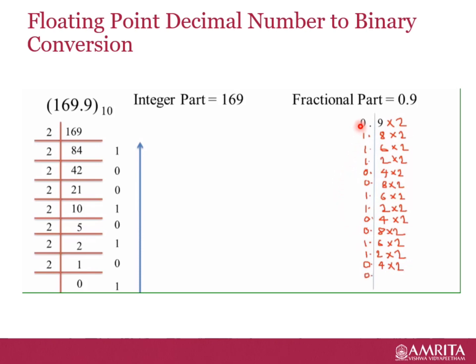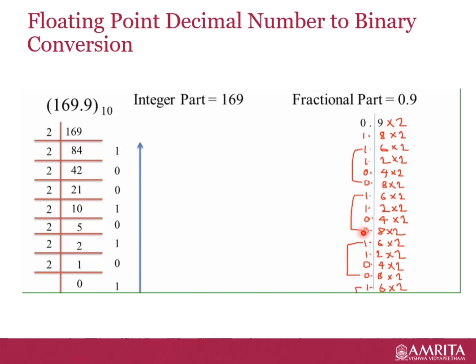That has to be noted. It's not in the reverse order. The integer part numbers have to be taken in the direct order. So here from the example, 1 1 1 0 0 is the binary equivalent of the fractional part 0.9, because this particular sequence goes on continuing again and again. So there is no point in again continuing with multiplying with 2.